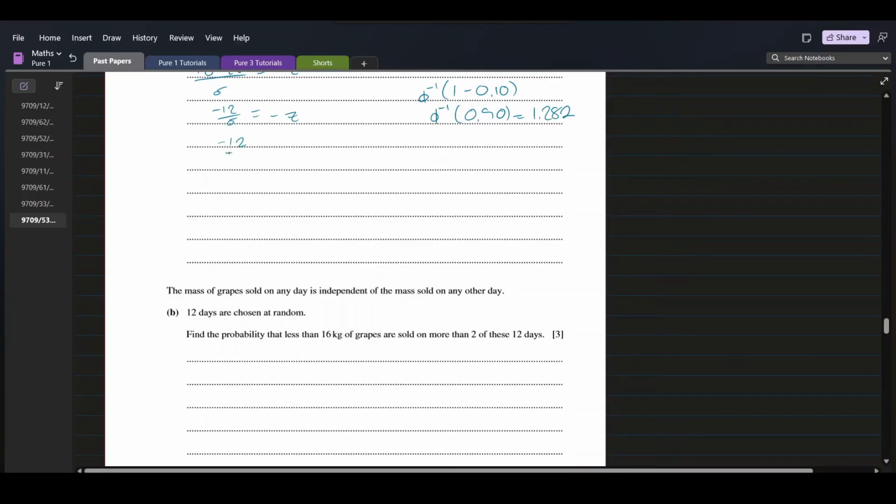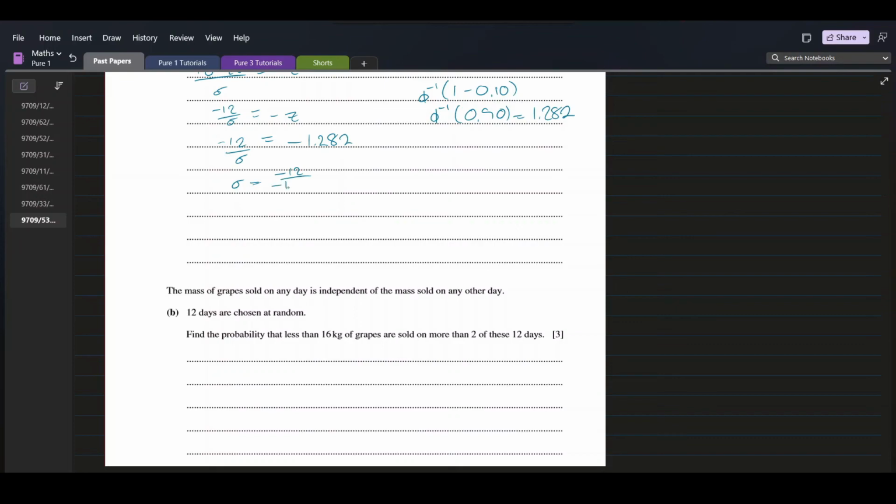That's negative 12 over sigma is equal to negative 1.282. And so sigma is equal to negative 12 over negative 1.282. Punch that into a calculator. That is 12 over 1.282, and that gives us 6,000 over 641. So therefore sigma is equal to, now we'll round it off to 3 significant figures, and that's our final